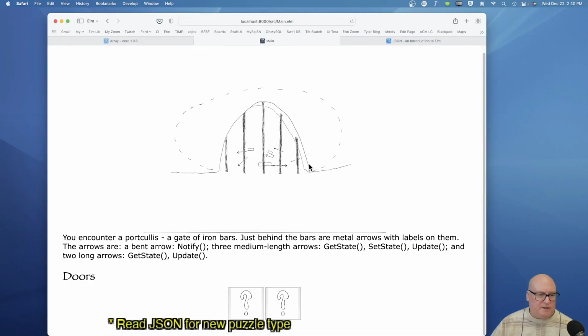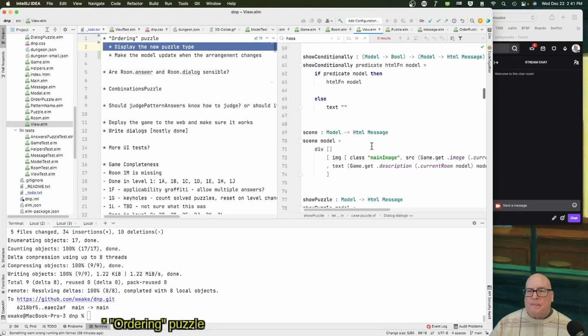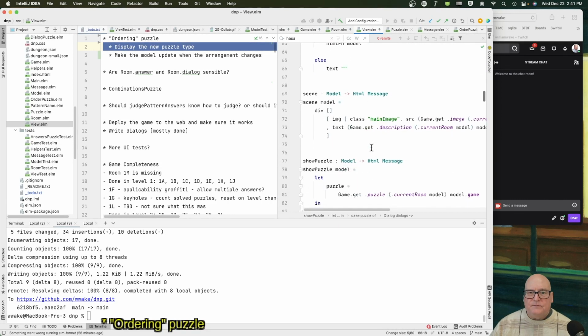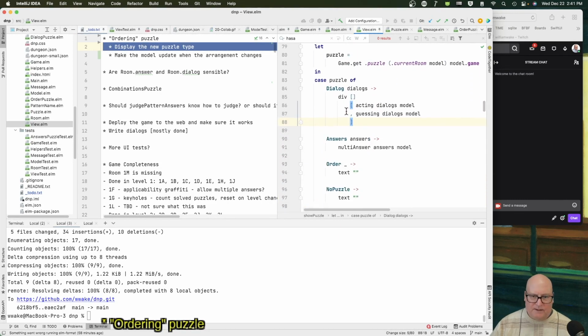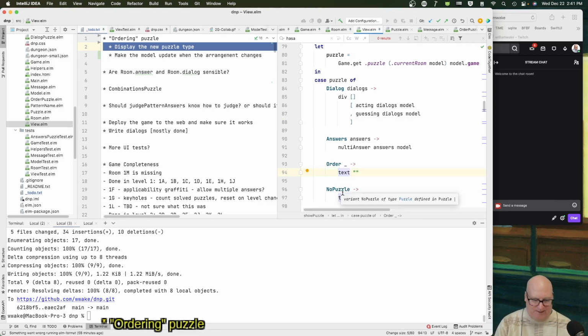Okay, so what we saw here was you got the standard picture and message, but we don't have anything that knows how to display puzzle types. All right, so in our view, let's see, show puzzle. Guess that's where it was. It says, how do I handle an order type? Oh, well, I just display no text at all and I'm done. Okay. That's not how we want to roll here. We want to say,